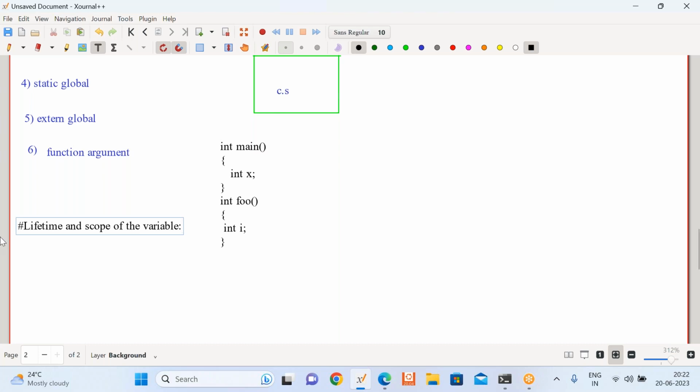And scope means what? Where we can use that variable, where we can access that variable by using its name, where we can use the value of that variable. That is the scope of the variable. And lifetime is when it is created and when it is deleted. Okay, so when you talk about your auto local variable,